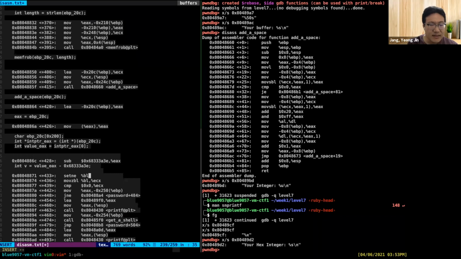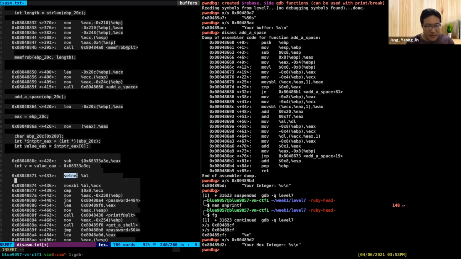And then, so this instruction, if you search this instruction on Google, the setne x86, it will set the register value CL as 1 if the current condition is not equal, and it will set 0 if the current condition is equal. And how equal and not equal work in the Intel x86 architecture is that